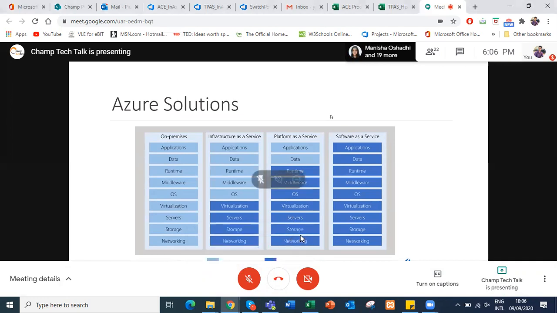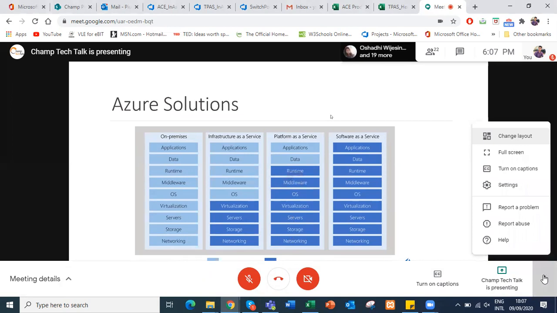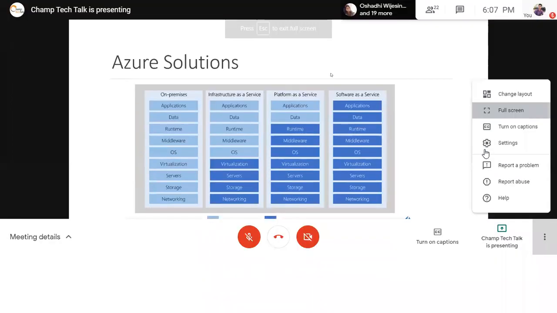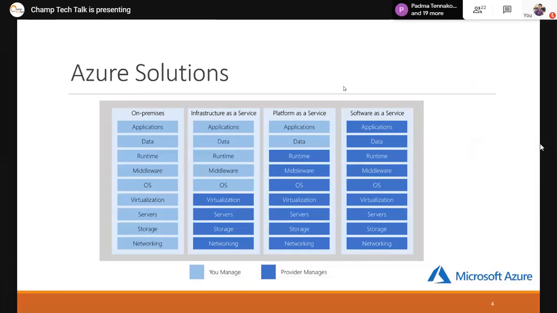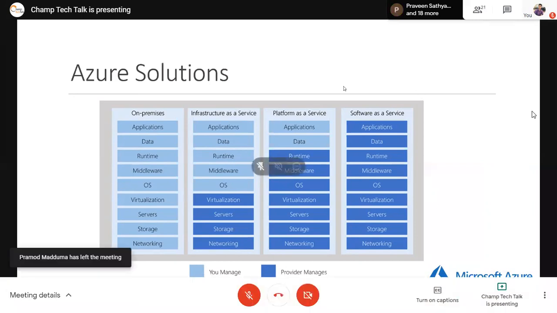You can see there's something called on-premises, infrastructure as a service, platform as a service, and software as a service. And below that, you can see a key: you manage, provider manage. As I explained earlier, you have to bear the cost when you are developing your own hardware, your own data center.